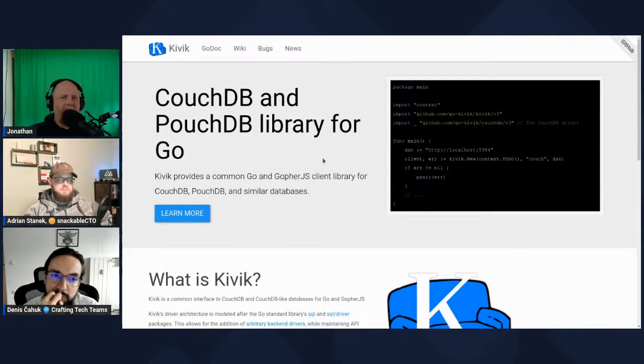Why would you do that? Because SQLite and CouchDB are completely different databases. That's true. This isn't going to allow you to synchronize SQLite to CouchDB or whatever. It allows you to store CouchDB style documents in SQLite. And the reason I want this, the main reason, is to facilitate testing.